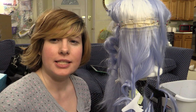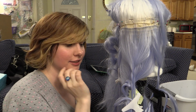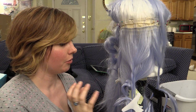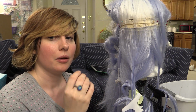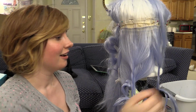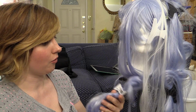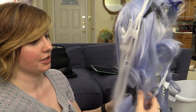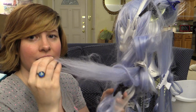I was thinking about doing a detangling video since I've been working on my Dragonair wig, and it's a very long wig. So I've come across one of the issues is that in the process of brushing it a little lazily with my non-wig brush, I tangled the shit out of it. The ends are horribly frayed on some sections, to the point that it's just a tangled poofy mess, and once